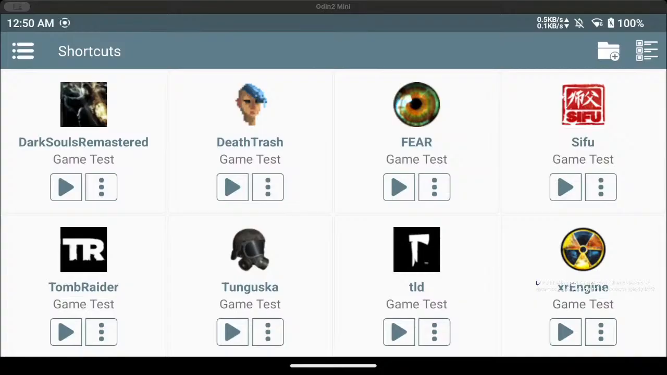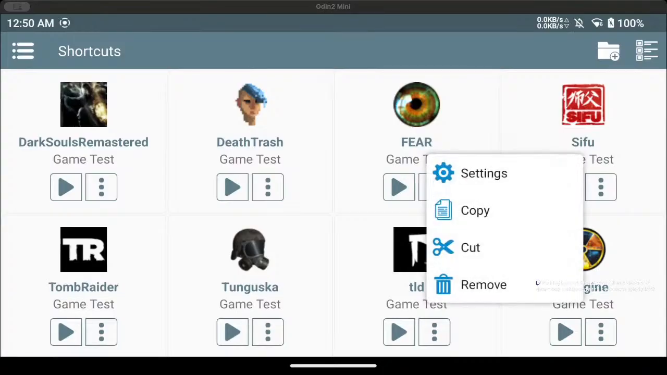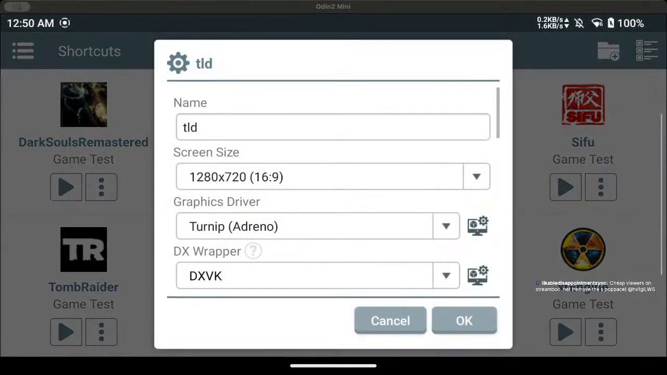Death Trash works perfectly. Sifu works perfectly. Fear does not work. Tomb Raider does not work. I need to dig into them a little bit more. Tunguska loads, but there's no controller. Let's try The Long Dark. This is a very new game. It's a fun game, very immersive. We're going to make sure we're using all the newest